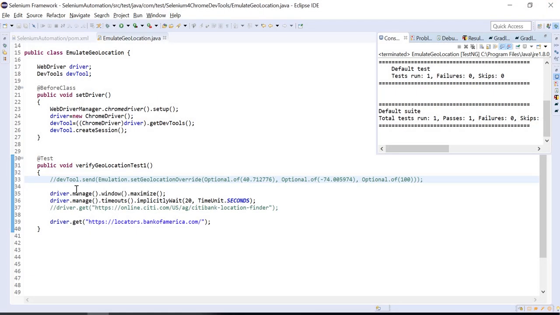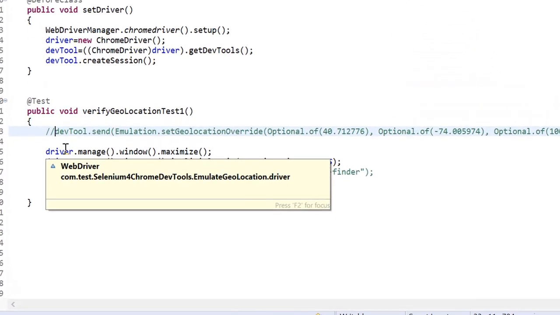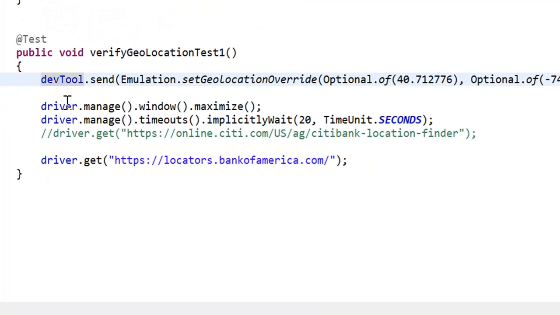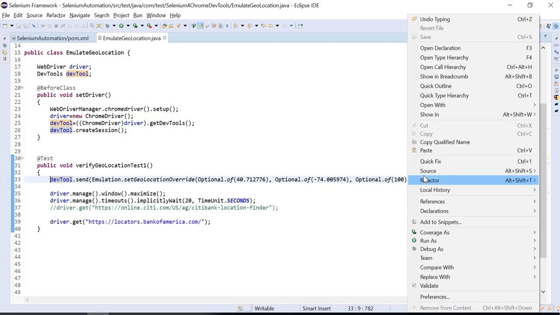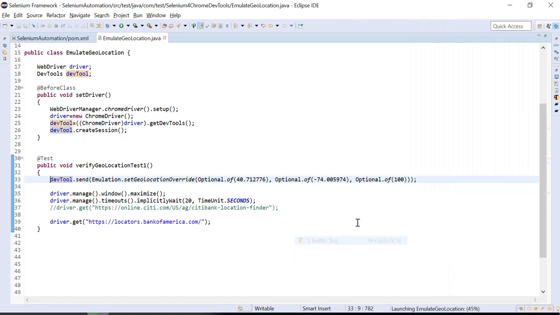So let me simulate New York. If I'm emulating New York, then it should display all the banks of Bank of America. So let me execute.